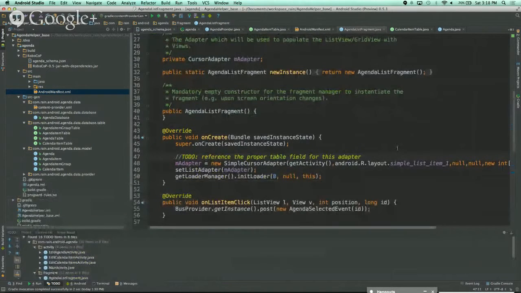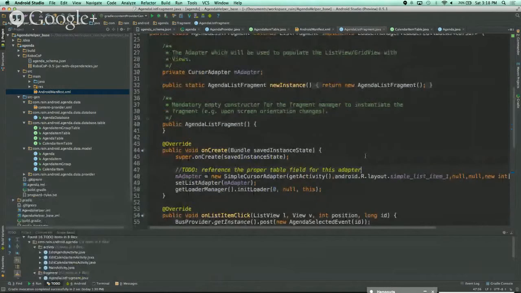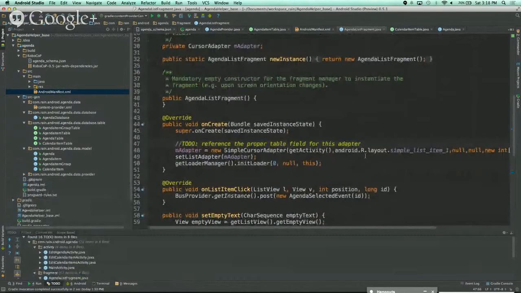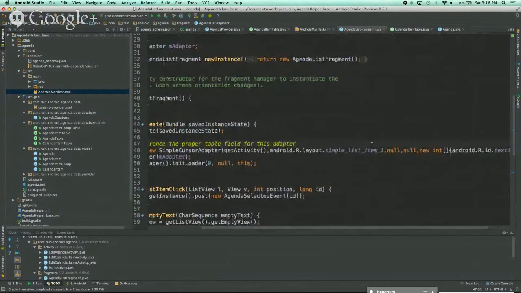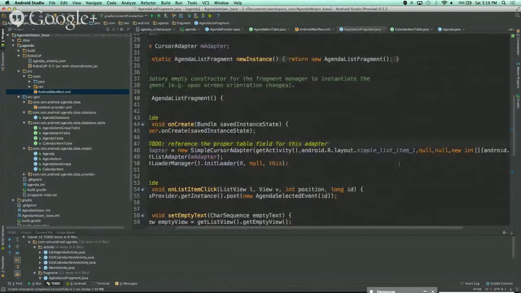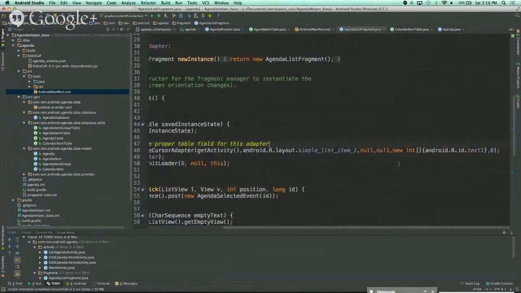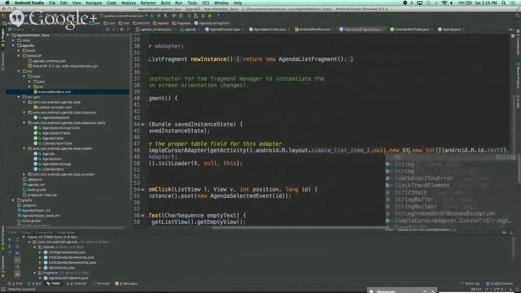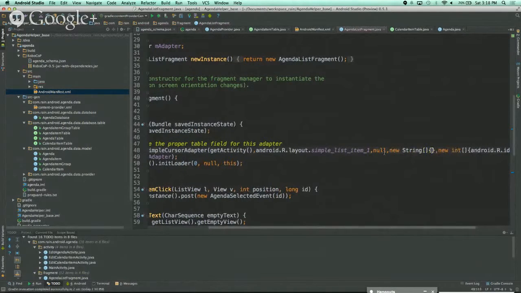Okay. So what we're going to do here in our list fragment is go and fix our adapter. Our adapter is set up. It's a simple cursor adapter, which is going to be able to take our data and map a cursor row to some sort of UI view. So we're using the Android simple list item 1, which is just a regular list item with one piece of text, and we're going to be putting a field from our agenda table into the text1 field of their list item. So we'll come in here and say a new string array,